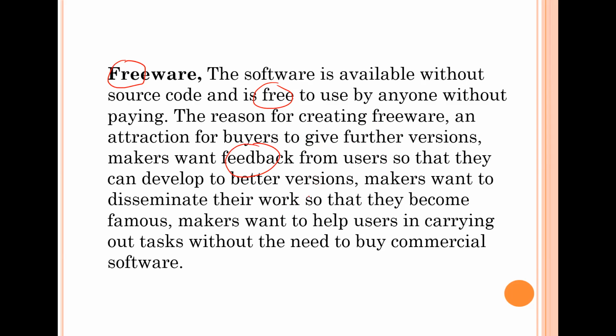So they probably need the help of users to make sure that the service is good or not good. They probably need feedback input, so they can develop a better one. Here, there is no need to buy the commercial software if you have the freeware option.